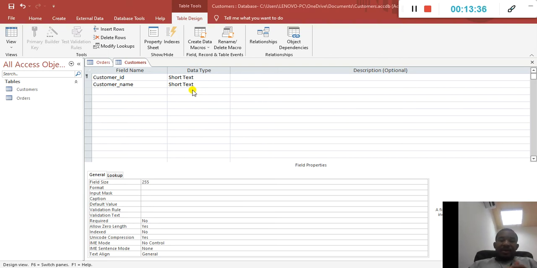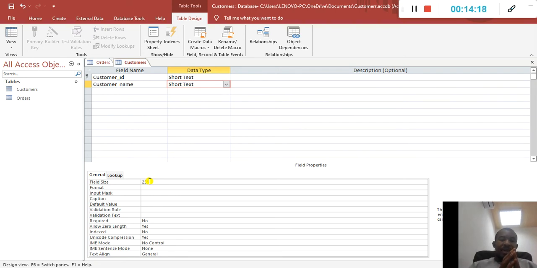But you have to take caution here. Anytime you are using the short text data type, it means the particular field will only be limited to 255 characters. So when you come down here, there is some information there for you. You can see field size. The data type we are selecting is short text. In the general description, the maximum for short text is 255. So if you are going to enter a value that will be more than 255 characters,